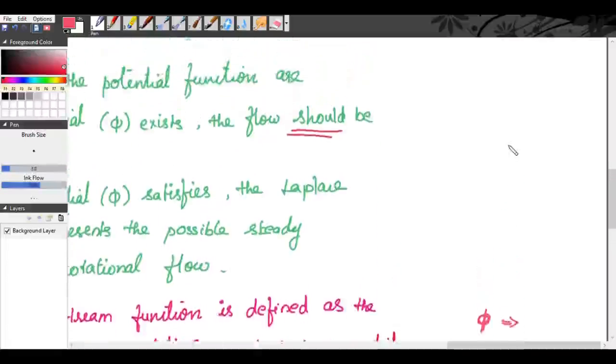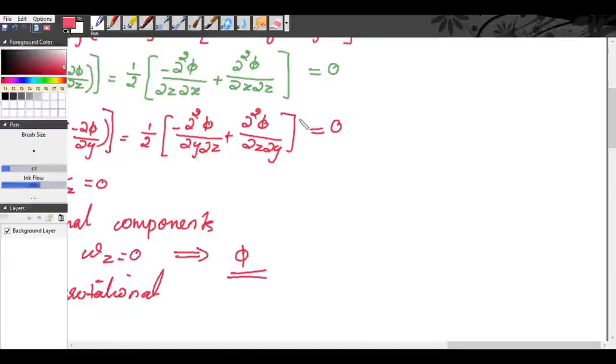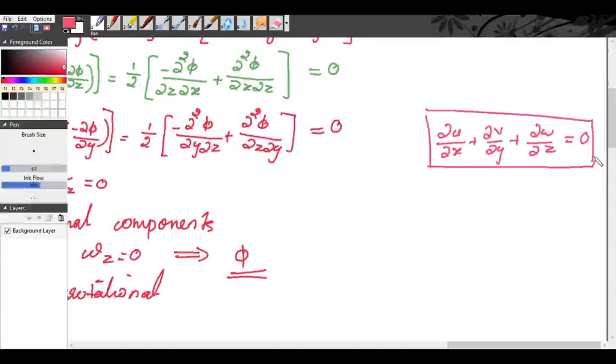So to conclude, for the problems of acceleration and velocity, you have to see whether it satisfies the continuity equation dou u by dou x plus dou v by dou y plus dou w by dou z is equal to 0. And if this is satisfied, it is a possible case of steady incompressible fluid flow. Then we saw the velocity potential. It is represented by phi. It is a function of x, y, z and t. So it is expressed for three-dimensional flow, and it is a scalar function. Its partial derivative with respect to a direction gives the velocity component in that direction.